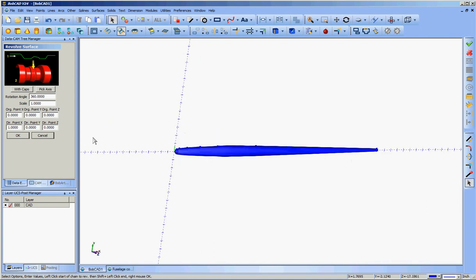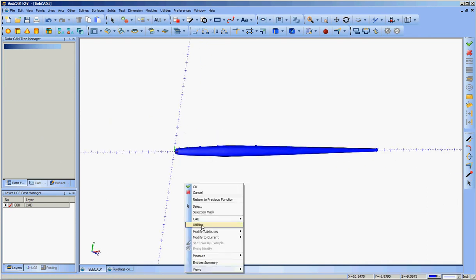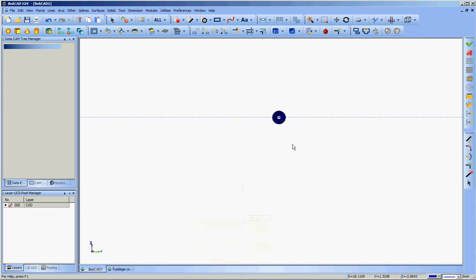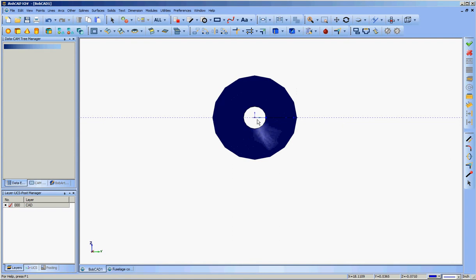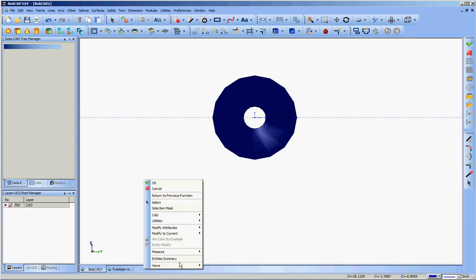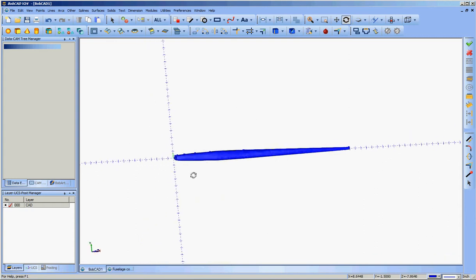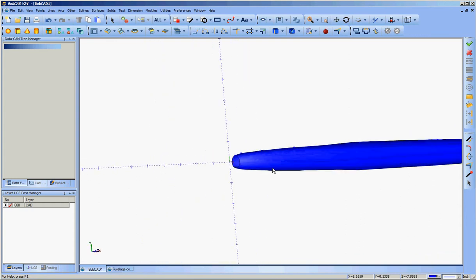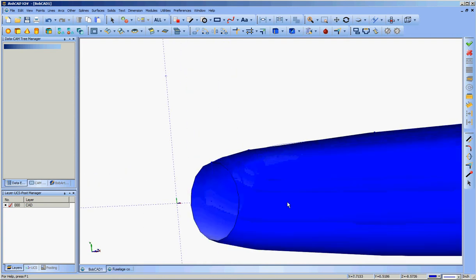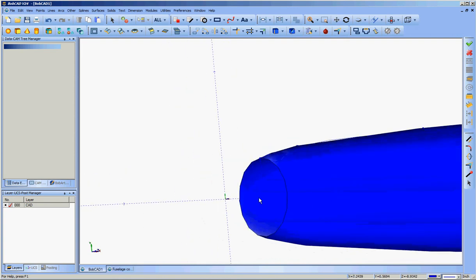I can't see that very well. Let me actually go to a right view. Now you can see, looking up the tailpipe of this thing, that it's hollow. And going back to the front, or the top rather. Alright, what I want to do next is to do the same thing